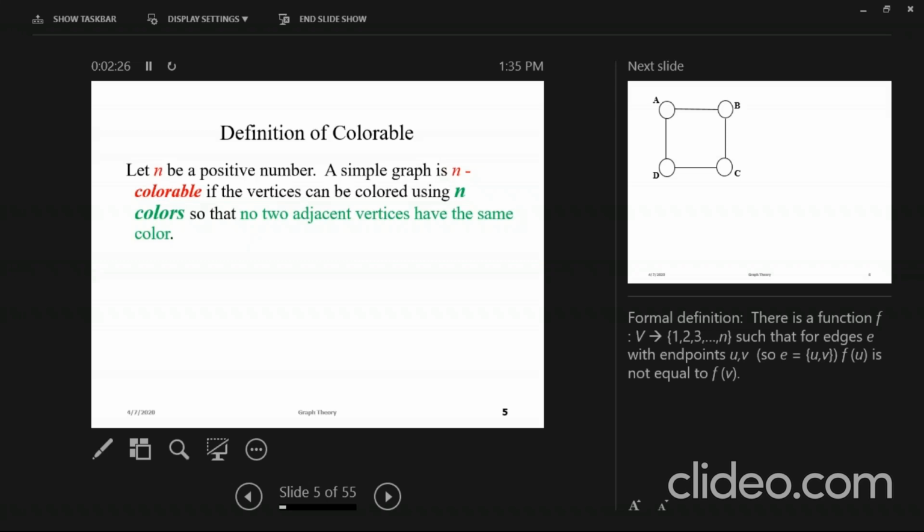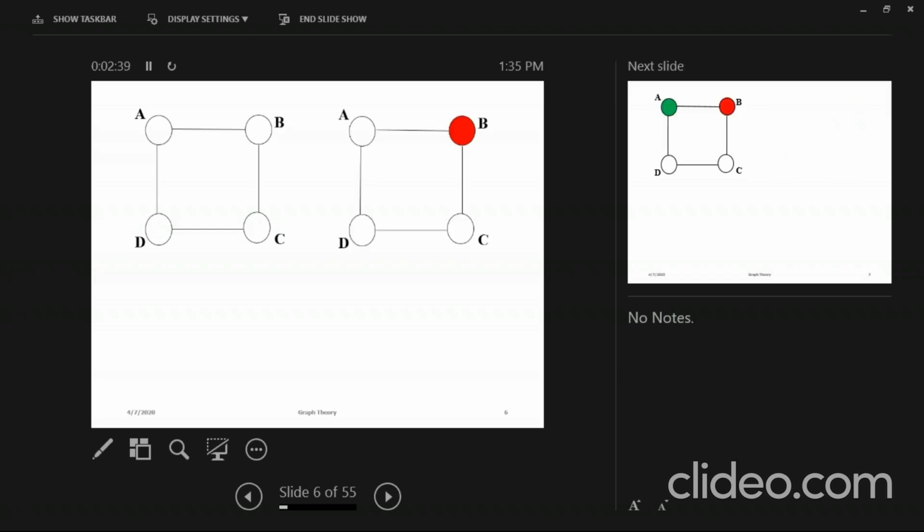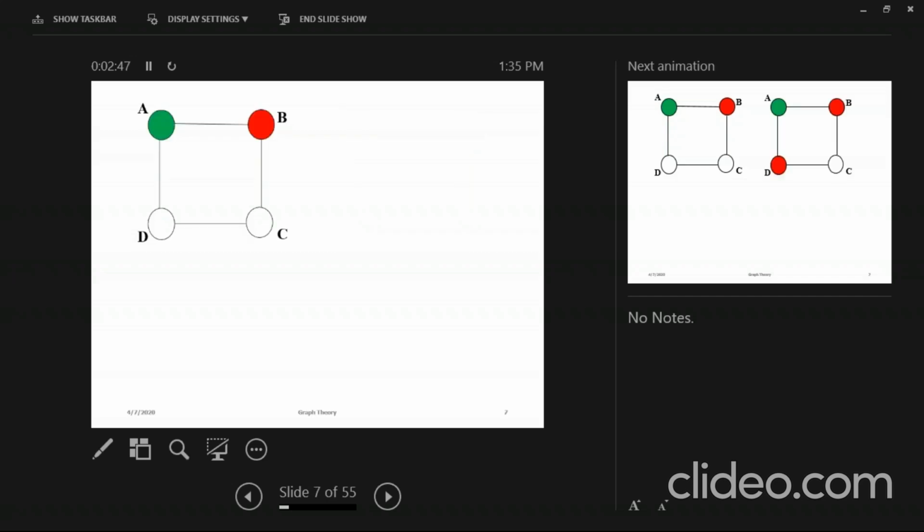Let's consider one more example, which has four vertices. Pick any vertex as a starting vertex to color it. Here we have selected vertex B as a starting vertex, suppose, and we have colored it with red color. Next, consider the vertex to color with another color. The second vertex we shall pick is A. And according to the graph coloring technique, we have colored it some other color, that is green.